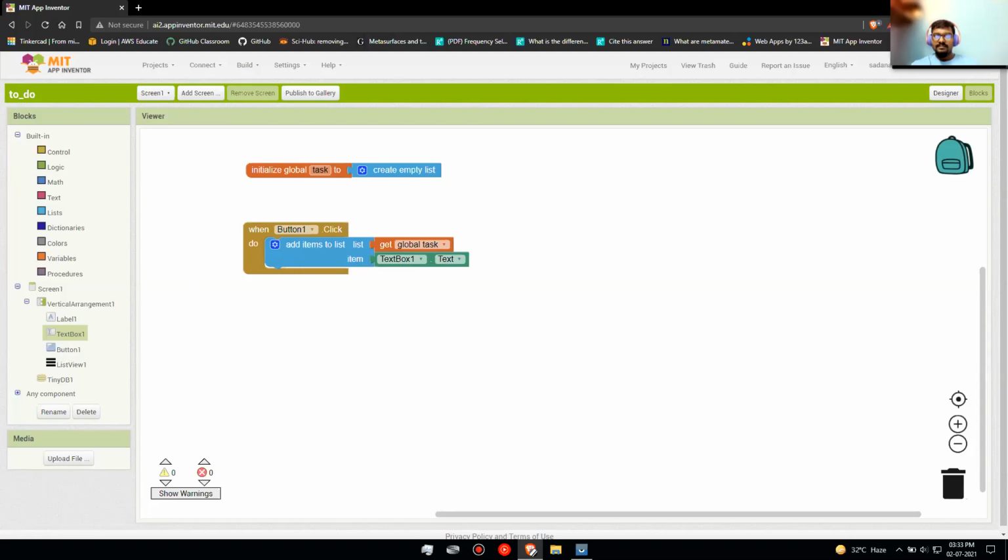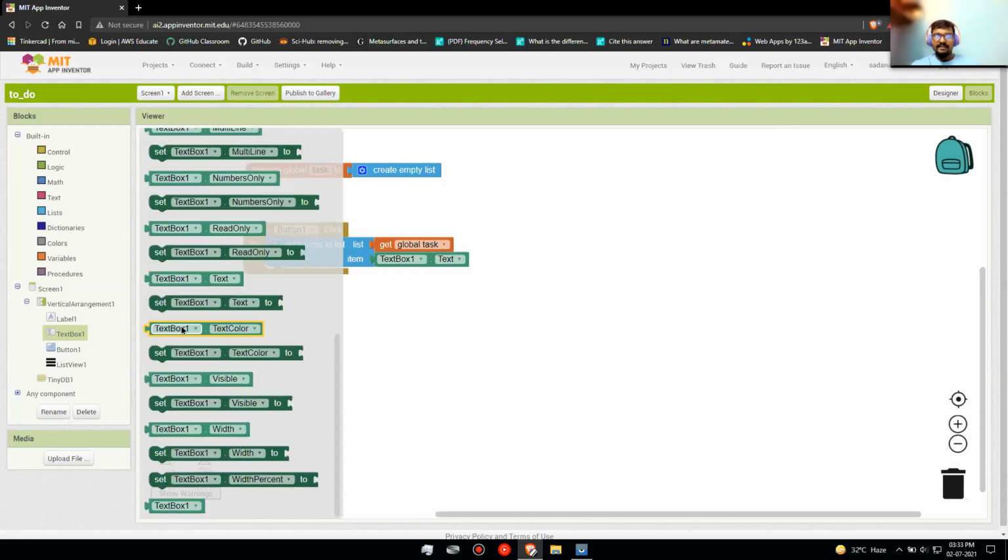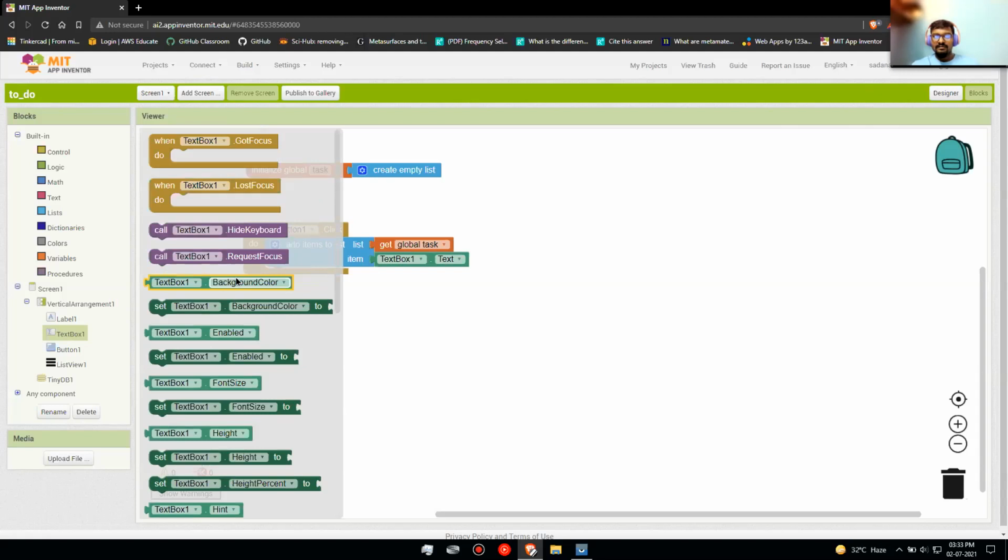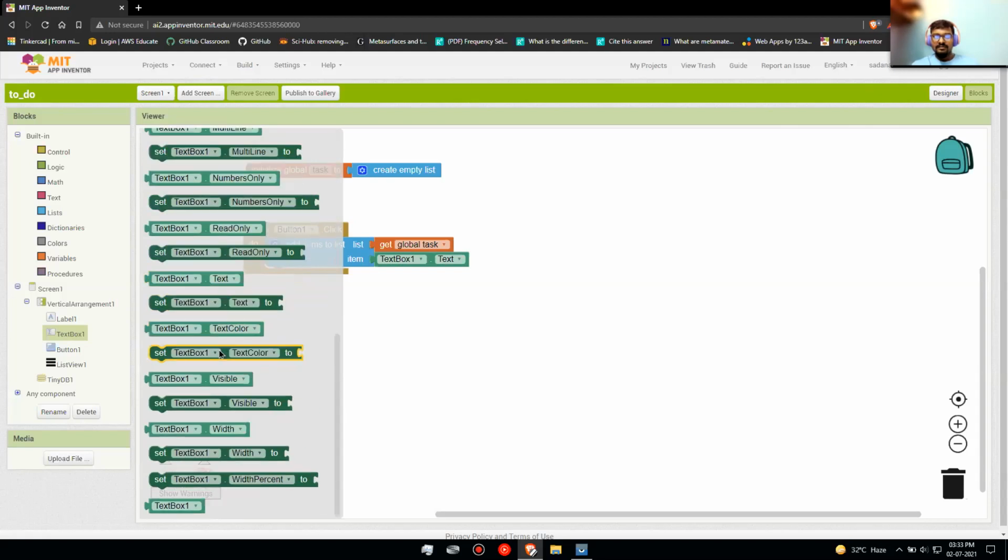What I have to click in text box 1? Yes, click text box 1 and we have to drag text box 1 dot text. There is a red cross coming when I drag it to put it there. Then you must have selected a different module. Select that puzzle piece which has a puzzle connector only at one end. It should not say set, just the normal text box 1 dot text. Yes, it can be text, we can change that bit, because here I see color. Okay, yes, above it there is text.